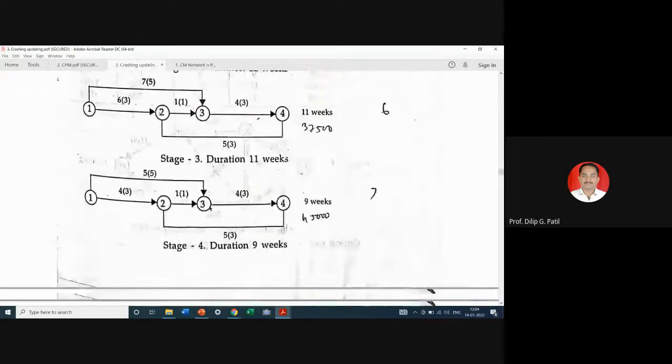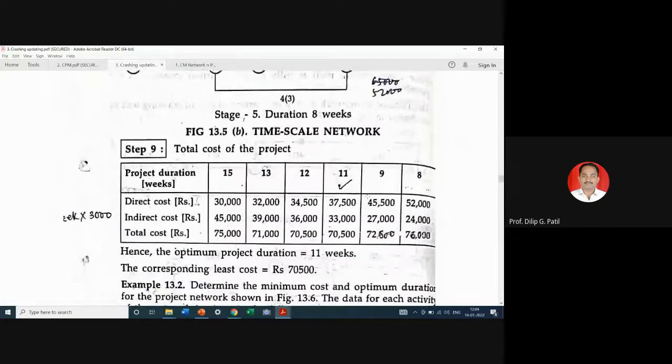And from that you will be able to find out that at a particular point, here you can see, if we try to reduce project duration from 15 weeks to 8 weeks, at each step you will see direct cost is increasing: 30, 32, 34, 34,500, like this it is increasing, but indirect cost is reducing: 45 to 39, 36, 33, and if we add it together you will see that